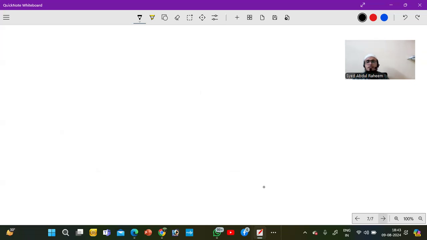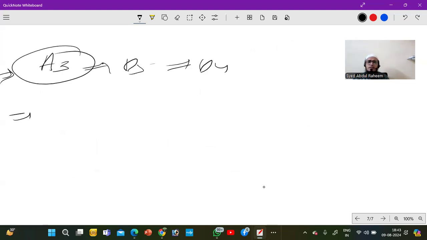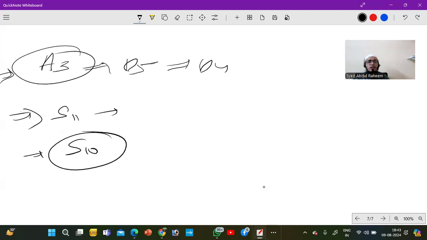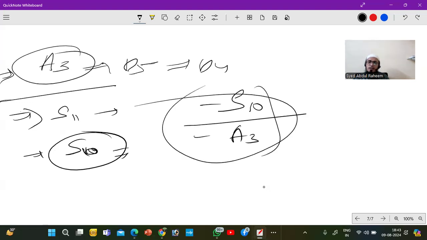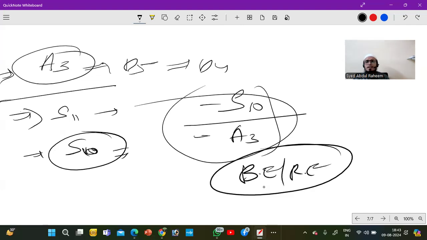Okay. In this condition, the treatment we will give is mostly A3. You have to give it, mostly initially starting with D5, but D4 is a better option. According to the symptoms also, S11 you can give, or S10, because it is a metabolic remedy. Metabolism will increase by S10. So A3, S10. You have to give single remedy. After some time you may need to give B or RE also, according to the condition. But initially S10,